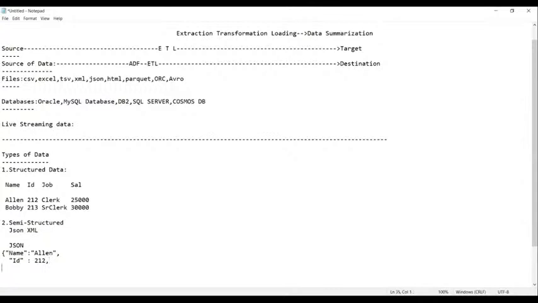Okay. Then you have job. What's the job you have? The job is clerk. Comma. Then you have salary. What is the salary you have? Salary is 25,000.